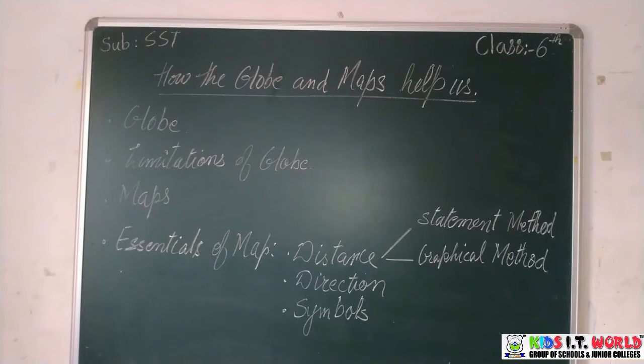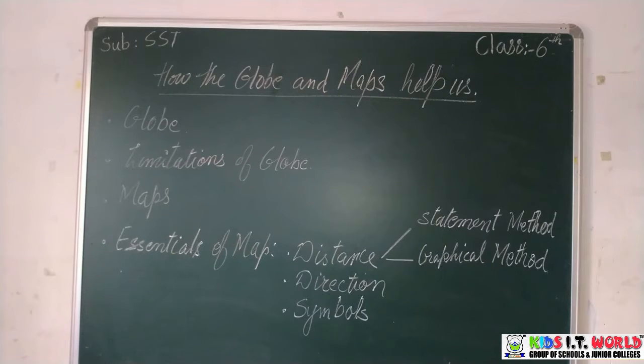But the globe being a very small ball like structure, it's more or less like a football, there are many limitations to it. Okay, let's study them. Disadvantages or limitations of the globe. Though the globe gives us the correct picture of the earth, yet it has certain disadvantages or limitations. It is not easy to carry the globe everywhere, although nowadays folded globes are also available, which are more handy than earlier ones. Moreover, the globe cannot provide us specific information about a small place, area, district or a state.